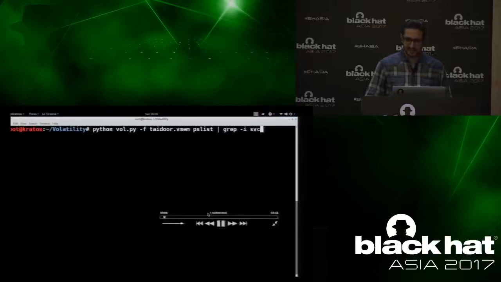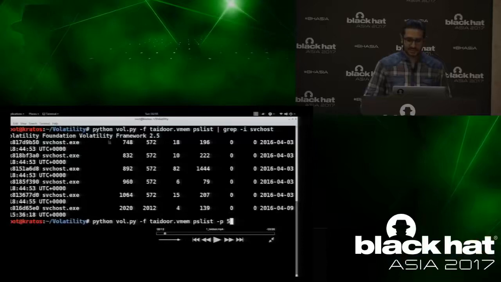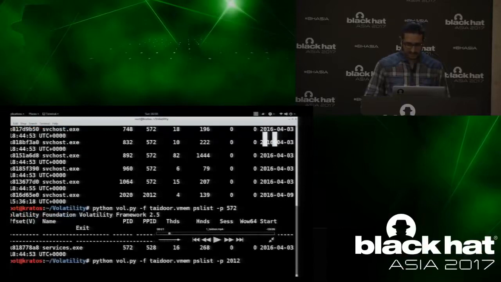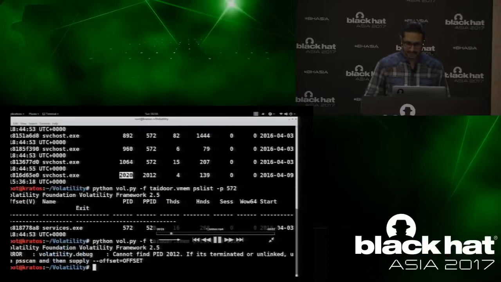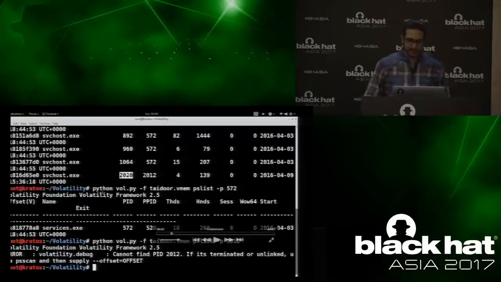First, I start with the process listing, and I grep for the svchost.exe process. You see that, as you might have expected, all these svchost.exe are right, because all of them were started by 572, which is associated with services.exe, whereas this process is started by some other process. The 2020 process was started by some other process, which is no longer present because it did the injection and it terminated itself. So now you know that this is the suspicious process.